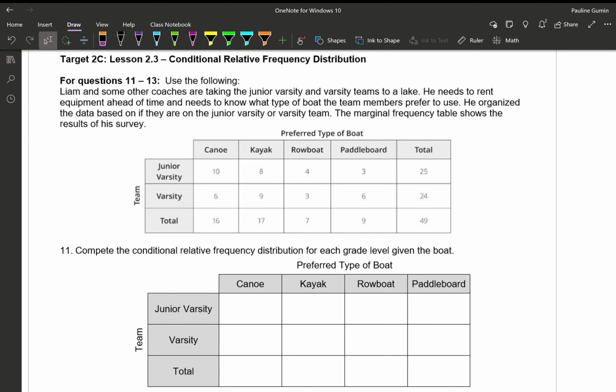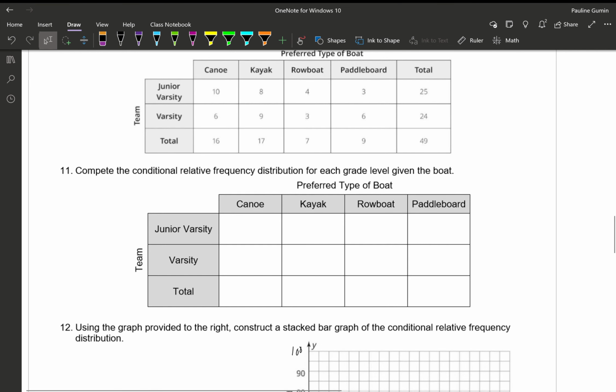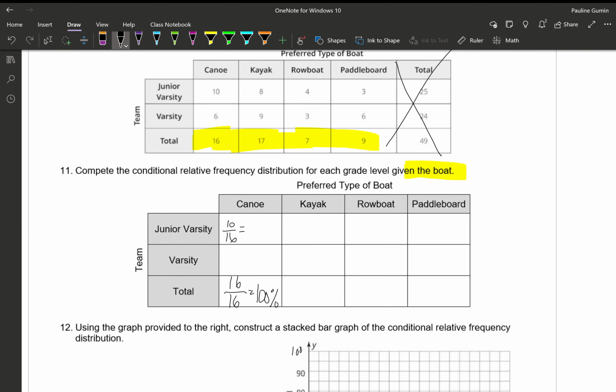Let's complete a conditional relative frequency for each grade level given the boat. So again, it's going to be based on the boat. So we are going to only look at these totals. We are completely going to exclude the total for junior and varsity. It's just based on the boat. So for canoes, there were a total of 16 for the canoe. So that's 100% down here. Okay. Junior varsity, 10 out of 16. That's